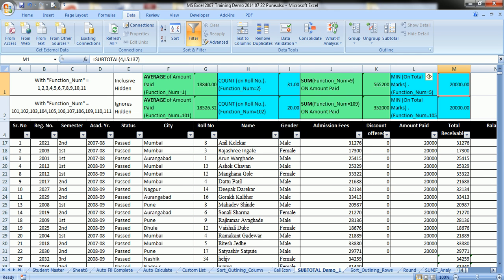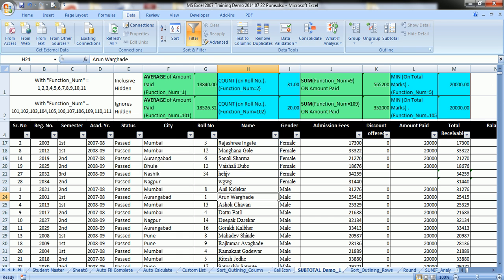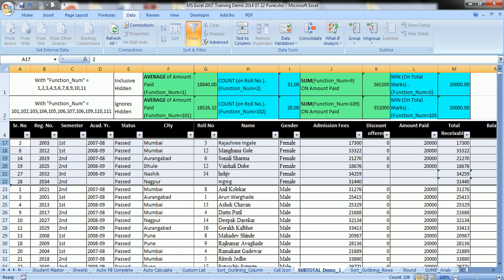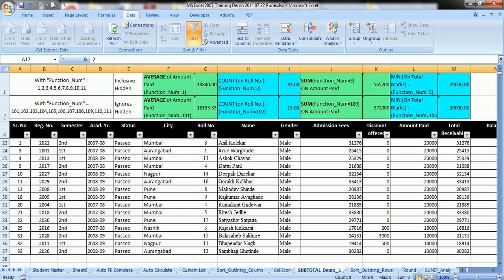Again, if you sort it for gender, now you hide all female students. Since the maximum amount paid is 20,000, it is giving you 20,000. This is how it works. In both cases, whether it is male or female, the maximum amount paid is 20,000. That is why it is showing 20,000 here.